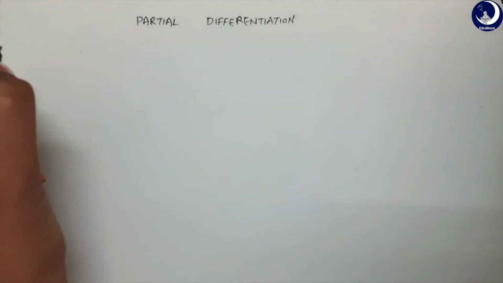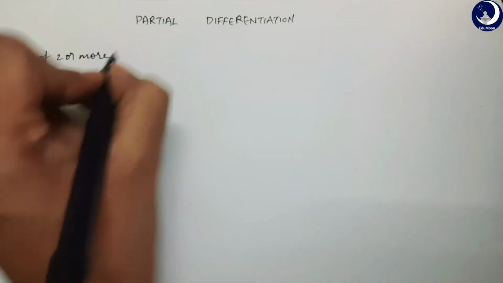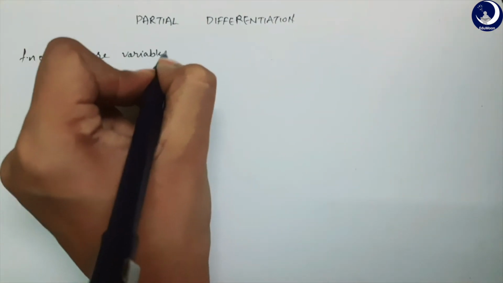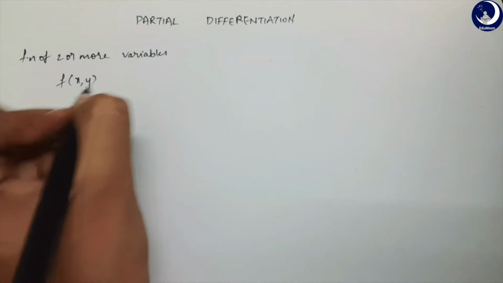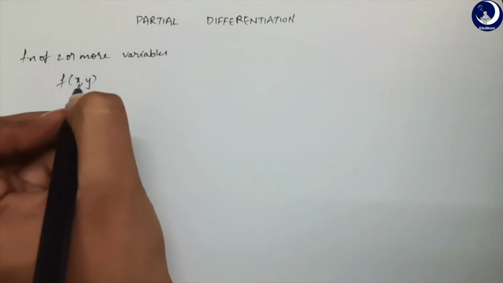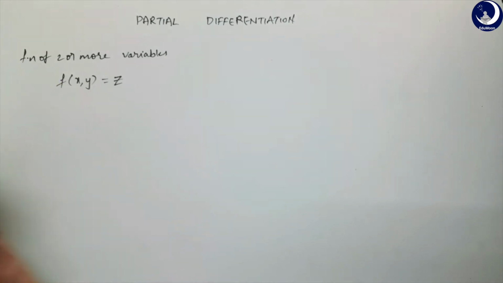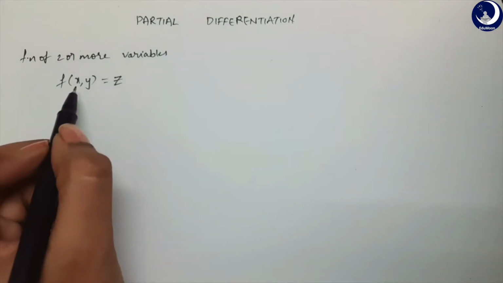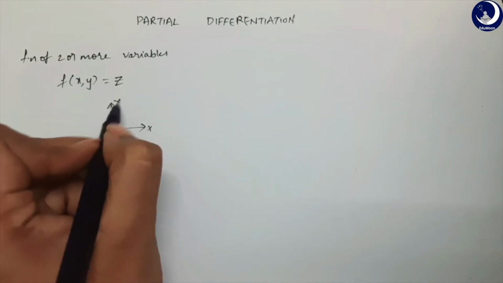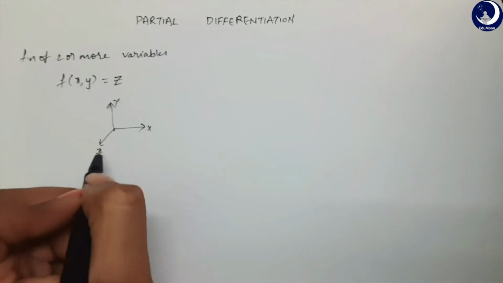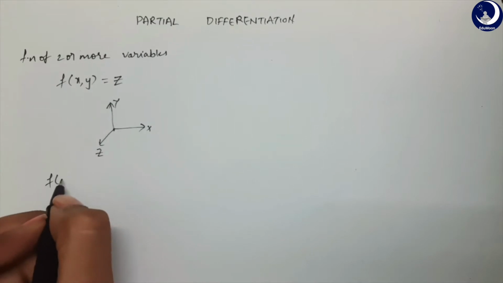So our first topic is function of two or more variables. First off, functions of two variables are functions which have two independent variables, here say x and y, and for each set of x, y values we get a definite value which we can name z. We can interpret the set of x and y values as coordinates of the xy plane, and z can be the height. And functions of more than two variables go pretty much the same way.